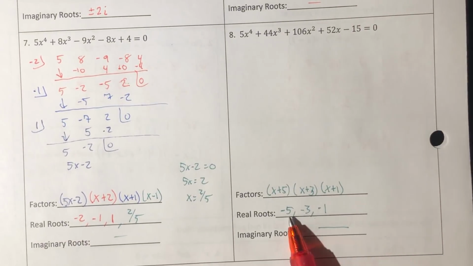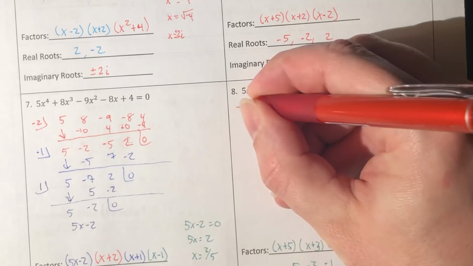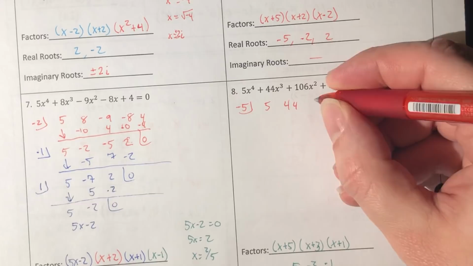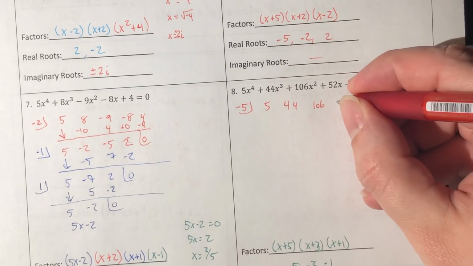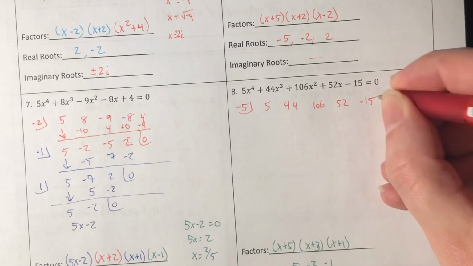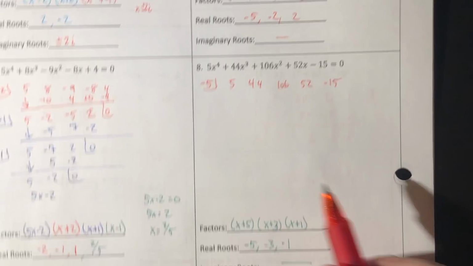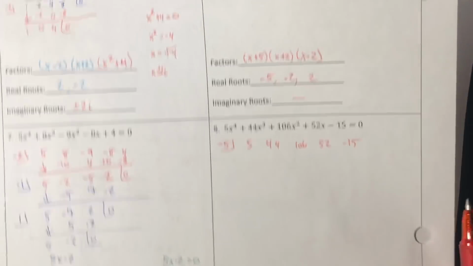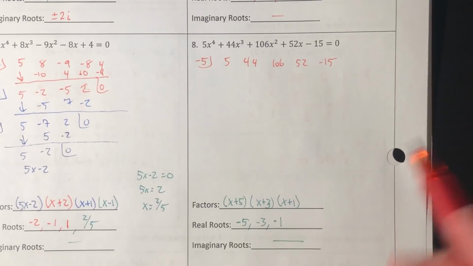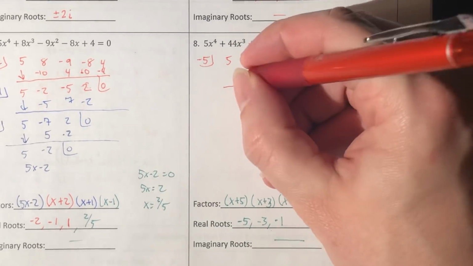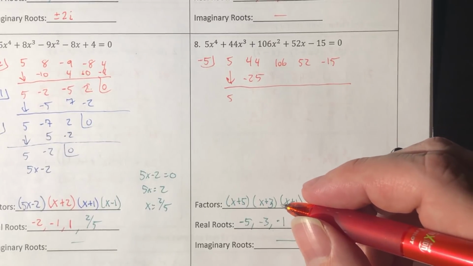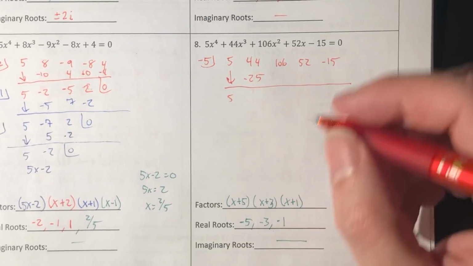So when I do the synthetic division, I'm using the roots. So I've got a -5 there. I put my coefficients out: 5, 44, 106, 52, and -15. I don't, in either of these, have any missing terms. That's why I didn't have any 0 placeholders. The 5 comes right down. 5 times -5 is -25. 44 minus 25 gives you